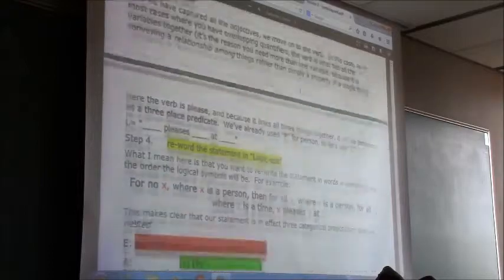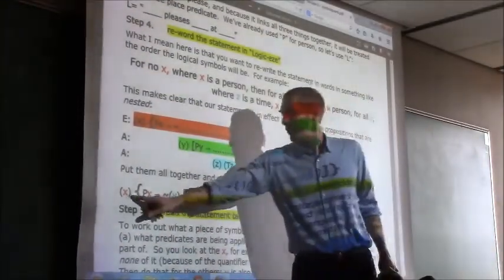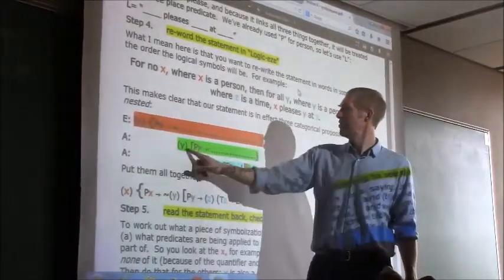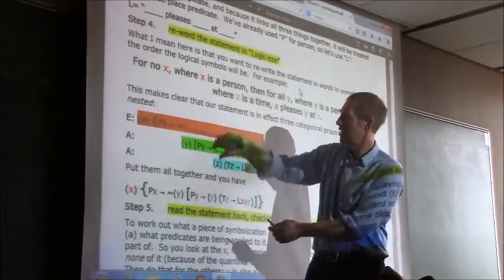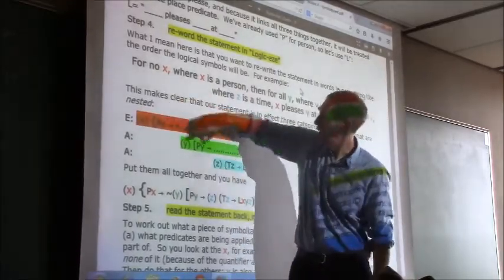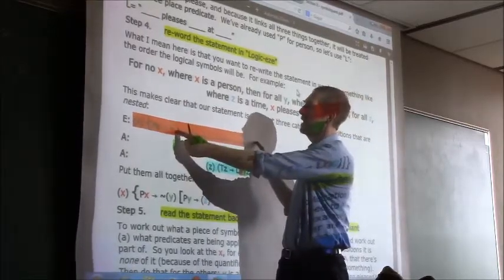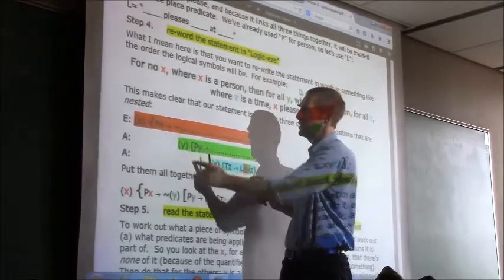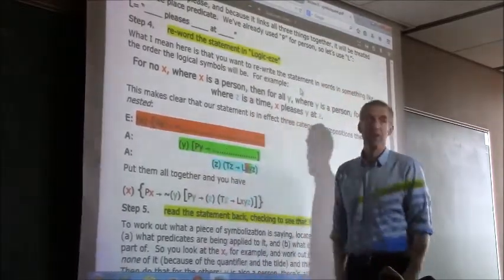Where is it? Yeah. So, here's the A type. Here's the E type. Here's the A type, and here's the last A type. And you smush them all together. And notice that the nested ones come after the main connective, or after the tilde if it's negative, of the ones that they're nested within. And this is what you end up with. Let's do practice quiz